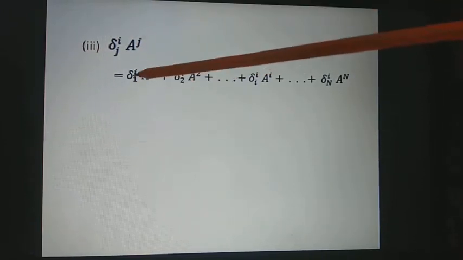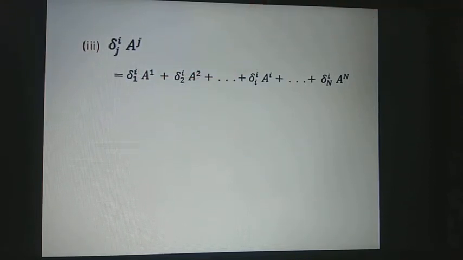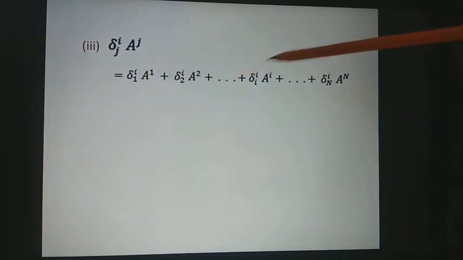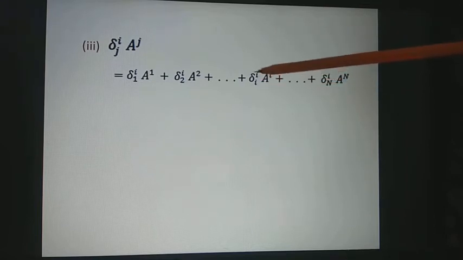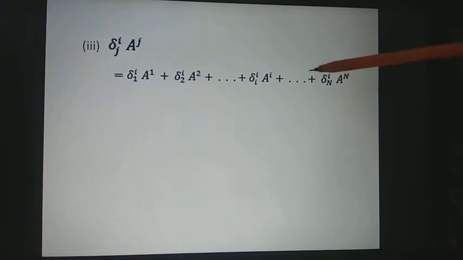Now here these two suffixes are different. Here also the suffixes are different. Here also the suffixes are different, except this. Here both the suffixes are same. So by the definition of the Kronecker delta, the value of this is 1, and this is 0, this is 0, this is 0. So except this term, all the terms become 0. And therefore we have 1 into ai, that is equal to ai.